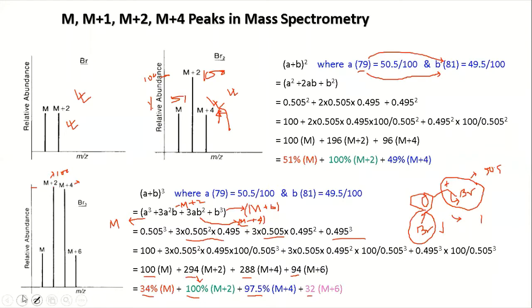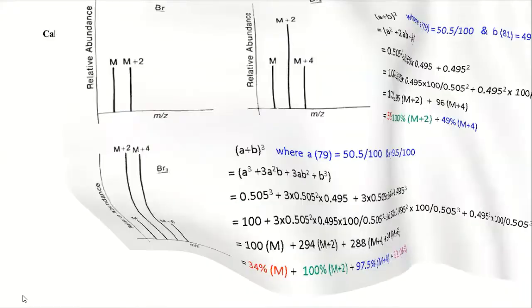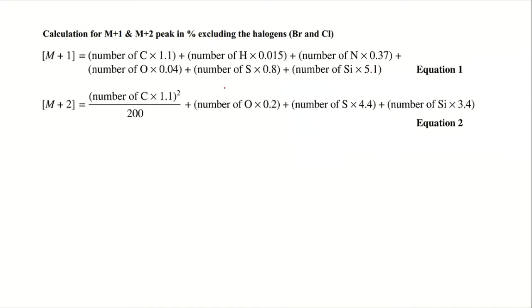Let us move to some other aspects. Suppose you have an element excluding bromine and chlorine. If you have bromine or chlorine, then (A + B)^n is better to utilize. But if you don't have bromine or chlorine, you can utilize that one. I'm not telling you cannot, but it's better to have another formulation. So that one you have to know.